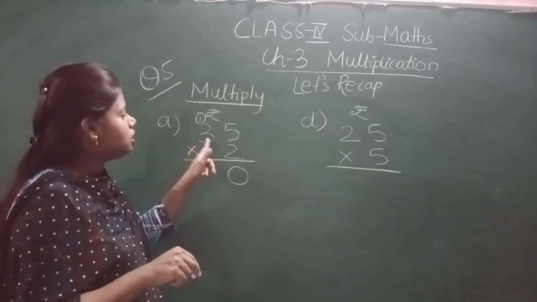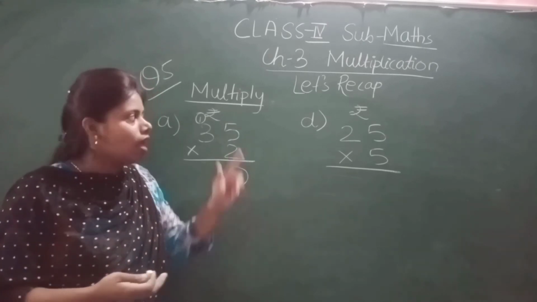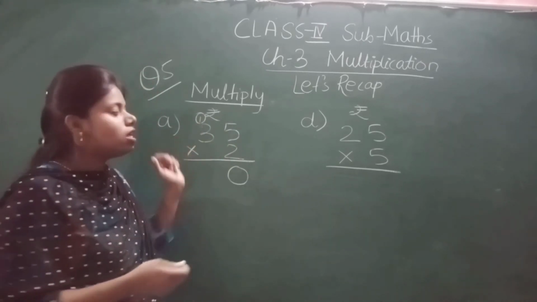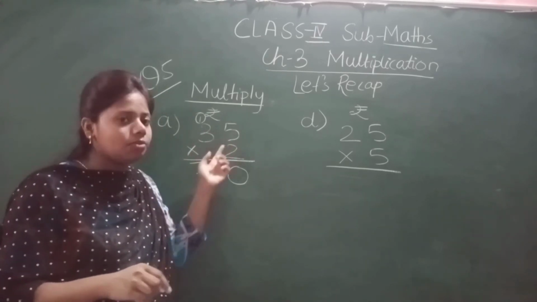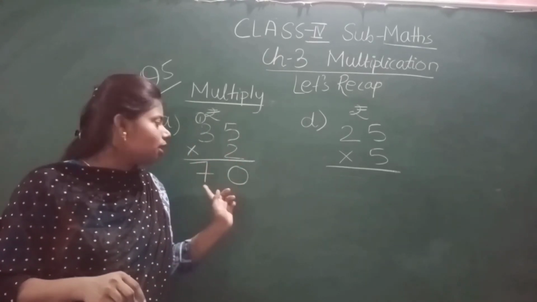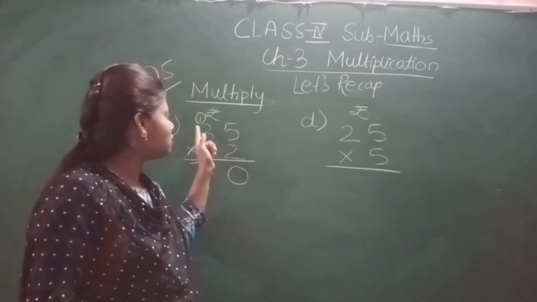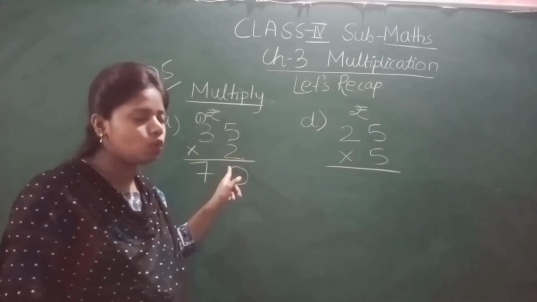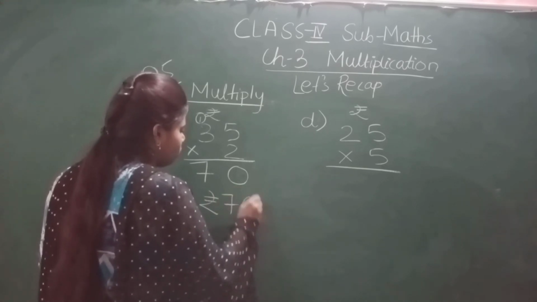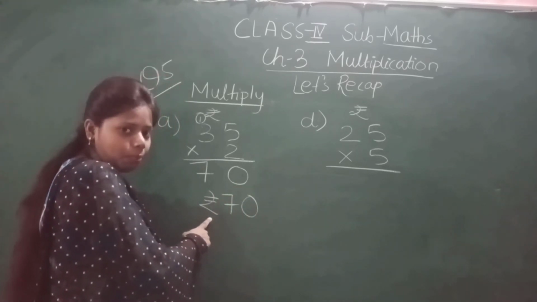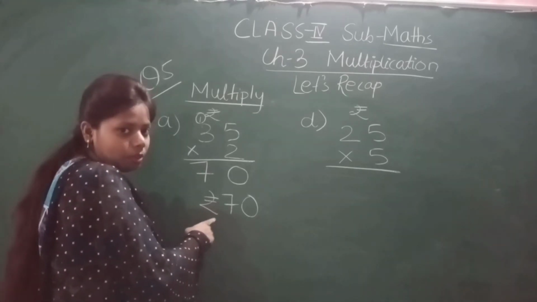Now 2 3s, how much? 2 1s are 2, 2 2s are 4, 2 3s are 6. And 6 plus 1 is how much? 6 plus 1 is 7. Okay. So if we multiply 35 by 2, what will be the answer? 70. So if we multiply rupees 35 into 2, what is the answer? Rupees 70. We will put the symbol in front because this one is rupees. Okay, this means that this is rupees 70.